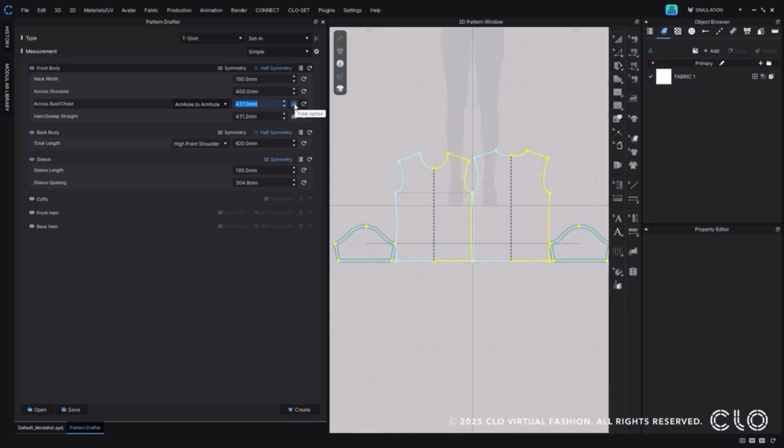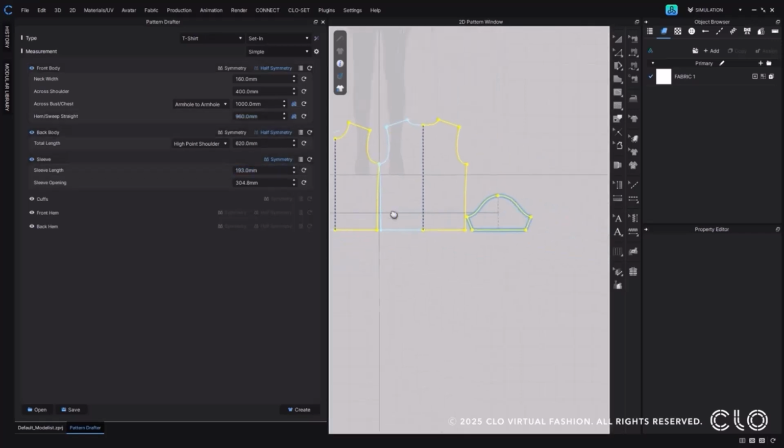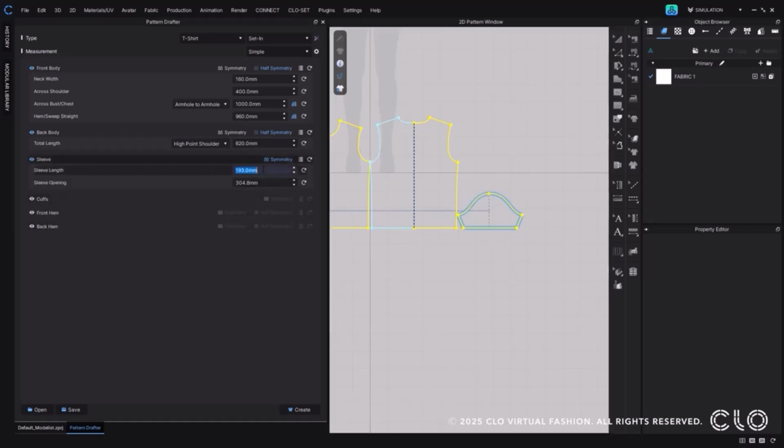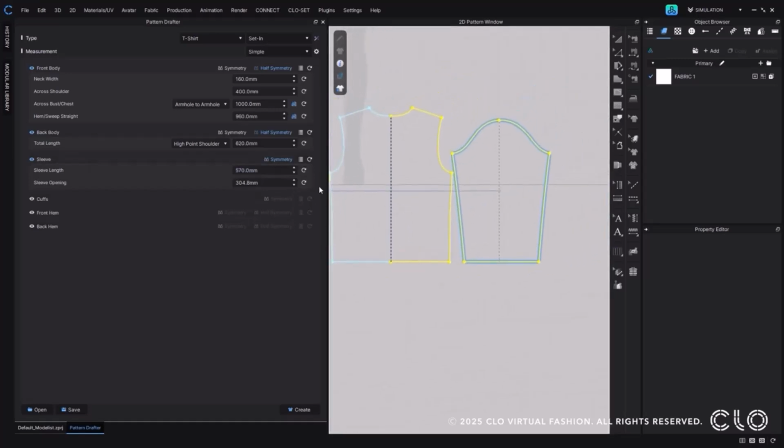Let's click on the total icon on the right side, where the front and back patterns are touching. Then, in the 2D pattern window, guidelines will appear for both the front and back patterns for chest width. You need to enter the total circumference value. Let's enter 1000 as the chest circumference value. I'll also check the total option for the hem width and enter 960. Now let's enter some detail related values. Let's enter the sleeve length. I'm going to type 570 to change it to long sleeve, and I'm going to type 240 for the sleeve